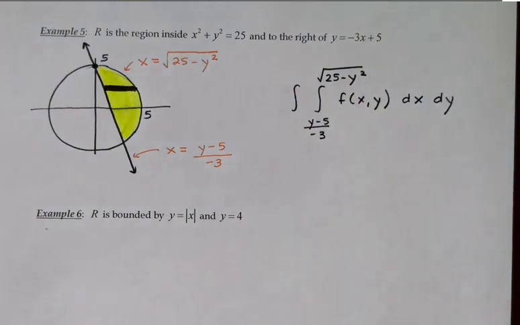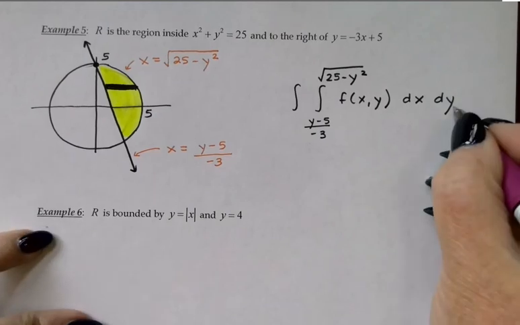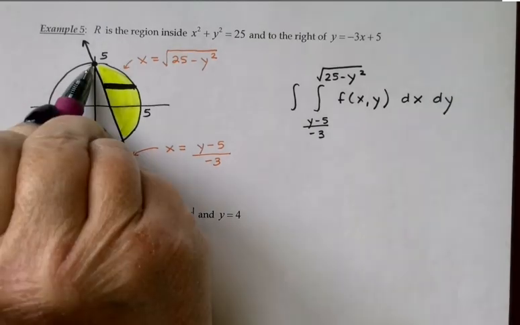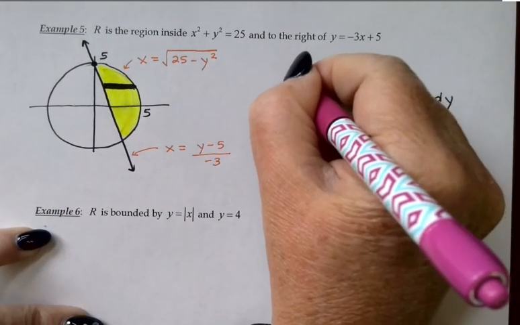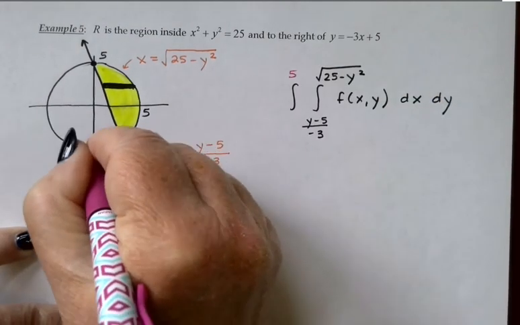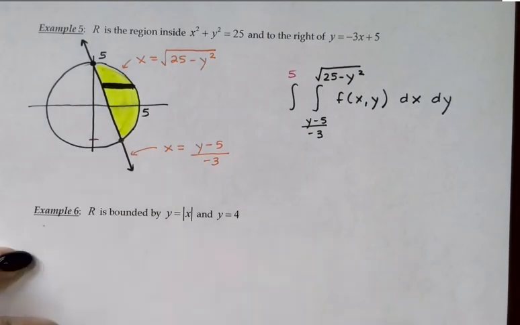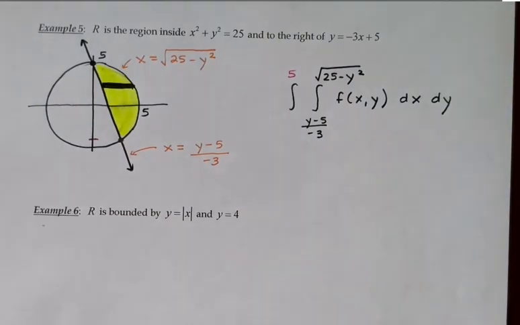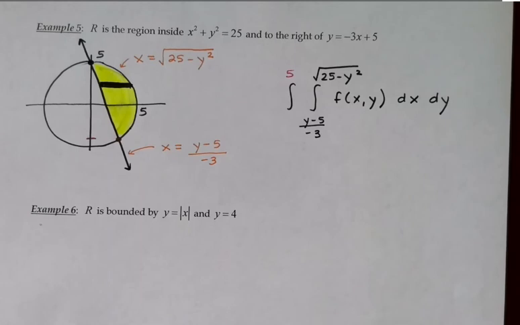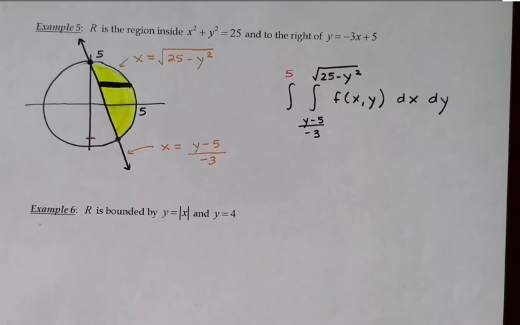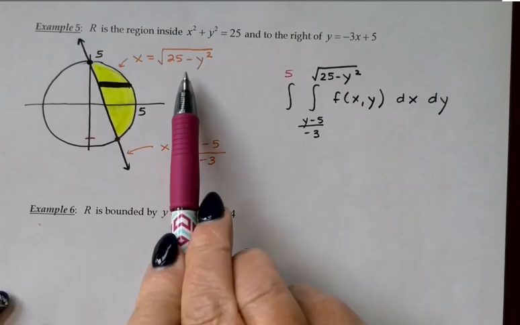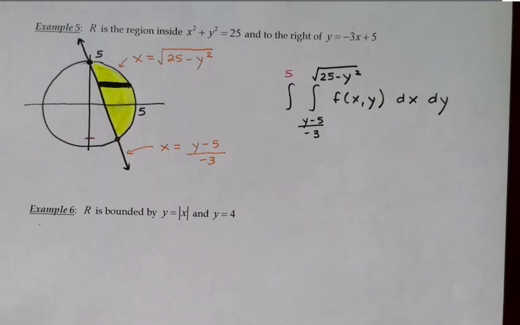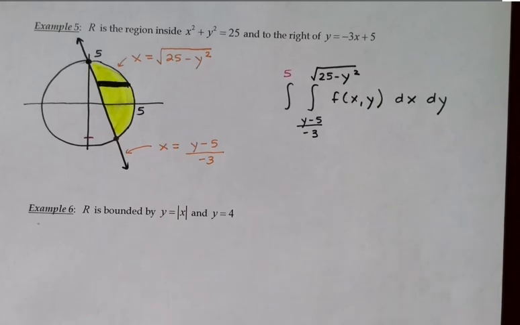All right, I do need the limits of integration on y. The upper limit's no problem. We can see it right here. It's 5. But this lower limit, I'm going to have to figure out. That's where the line and the circle intersect. And in this particular case, I could set these equal to one another, but the algebra on this one is quite a bit more complicated. So I'm going to suggest that on this one, you really do simply use your calculator to figure that out. If you just on your calculator graph these two equations and look for the intersection point,